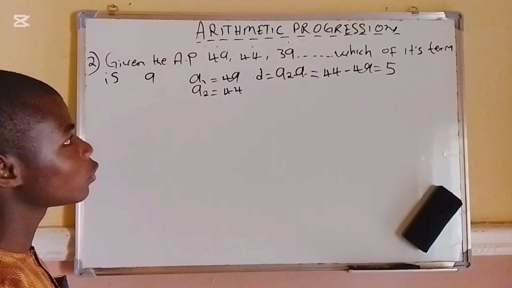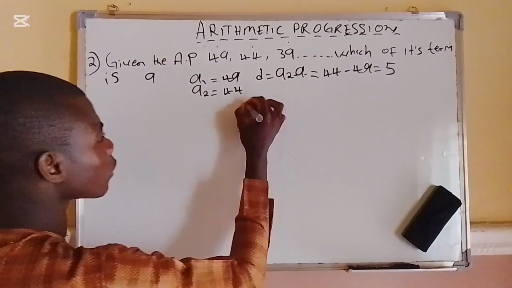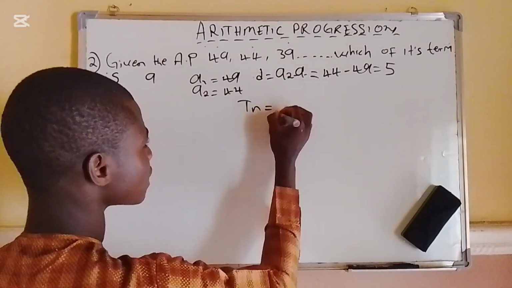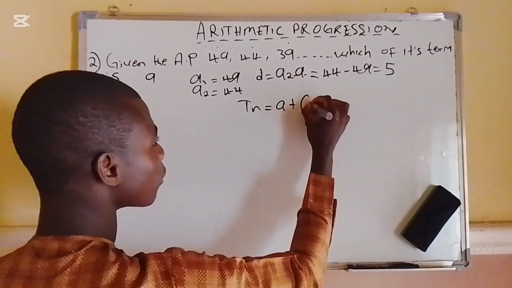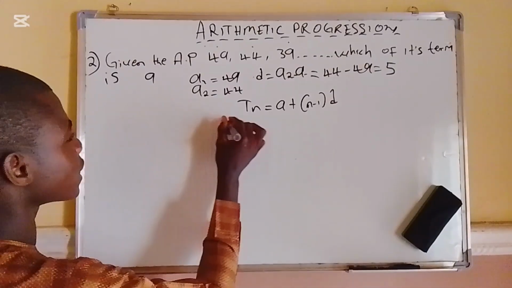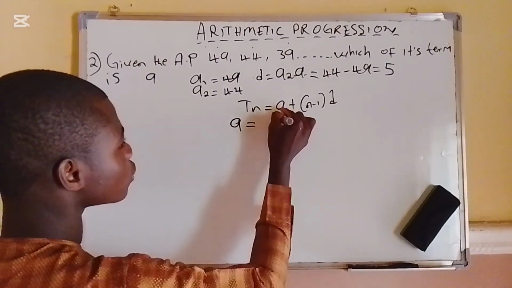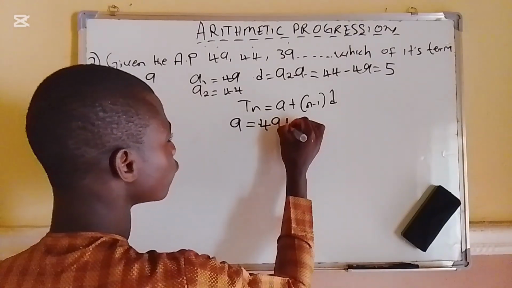So the next thing we have to do is insert the formula. The formula says a1, this is the first term, plus n minus 1 into d. The term, which is 9, is equal to the first term, which is 49 also, and therefore plus